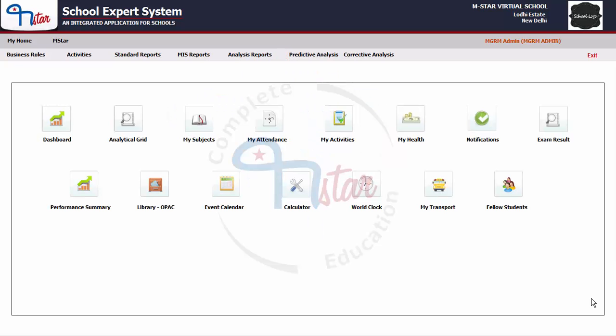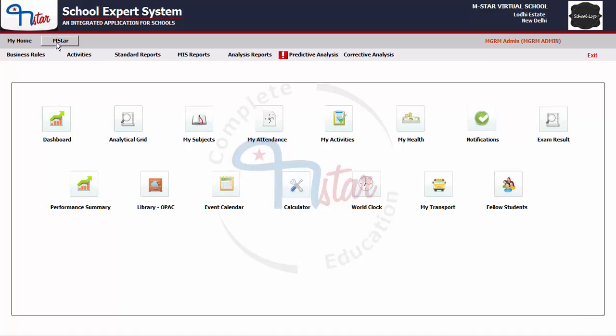Hello and welcome to the MSTAR training session to enter cash vouchers across account heads. To begin with creating these cash vouchers, ensure that account heads and the sub-account heads are defined. Let us see the steps to enter cash vouchers.